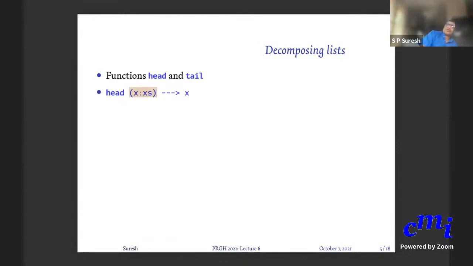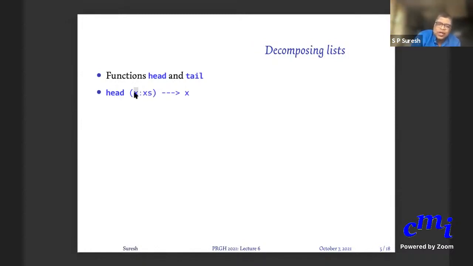So if you want to write a general list, if it's a non-empty list, you know that it is built using the colon operator applied on one value and a list of values of that type. So the leftmost element is called x, and the remaining list is xs, the plural of x, some other x's.